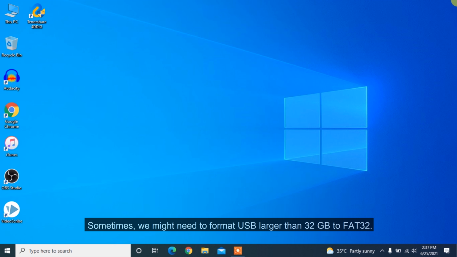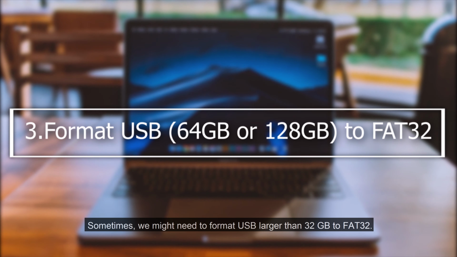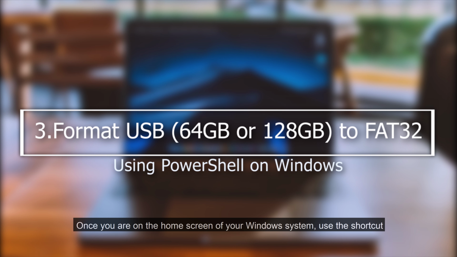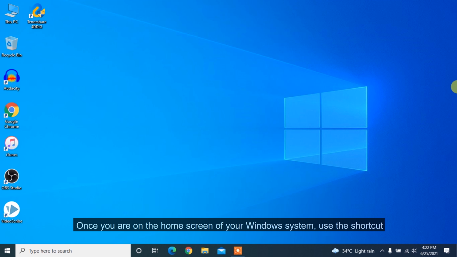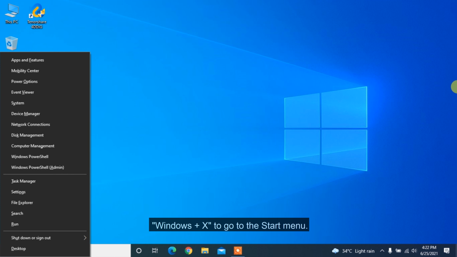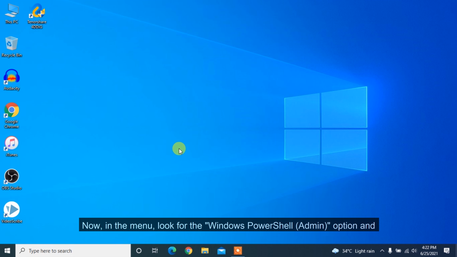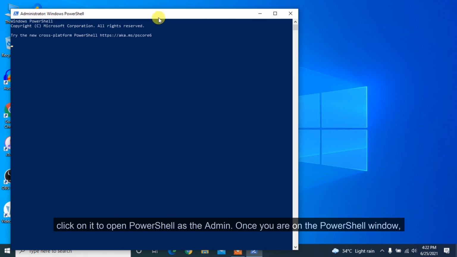Sometimes, we might need to format USB larger than 32 GB to FAT32. Using PowerShell on Windows will make it. Once you are on the home screen of your Windows system, use the shortcut Windows plus X to go to the Start menu. Now, in the menu, look for the Windows PowerShell (Admin) option and click on it to open